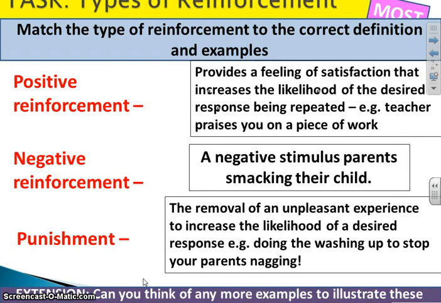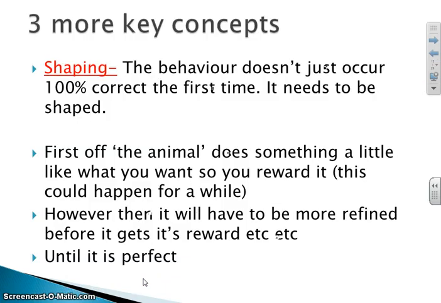There are a couple more key terms. These are again just some examples. There's shaping. Shaping is where we only reward behaviour that gets closer and closer to the ideal behaviour. When a baby's learning to speak, the first time it may make a noise that sounds a bit like mum, and so you give it lots of praise and you reward it. But over time, you're only going to start rewarding it if it gets closer and closer to the actual word. So we refine a behaviour by making it more and more difficult to get the praise or that positive reinforcement that you want over time.